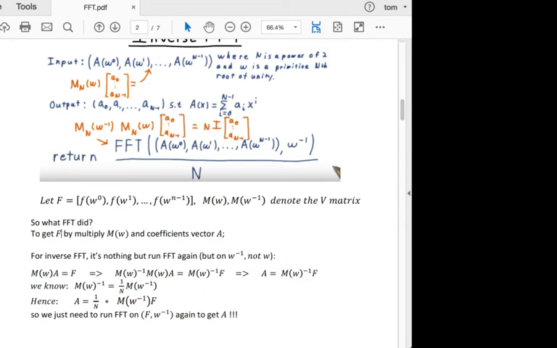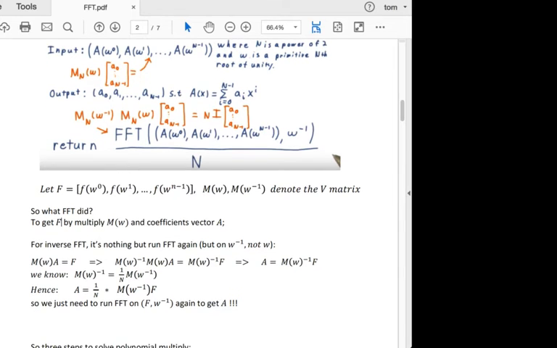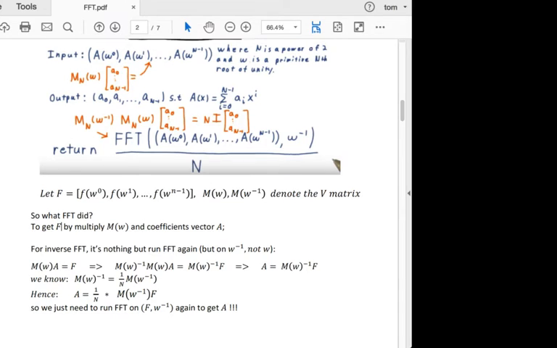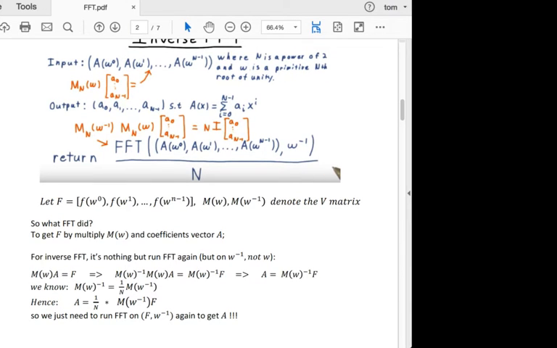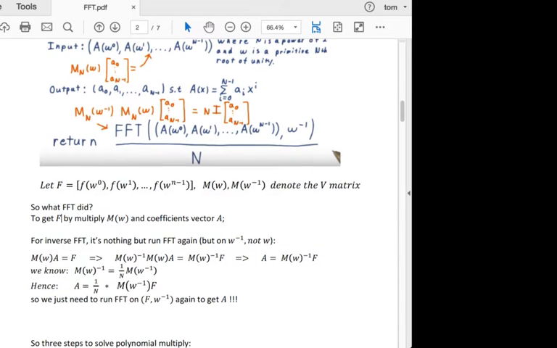So FFT is just given a vector of coefficients and a root of unity, it can return the value domain. It sounds like FFT is to multiply the matrix and the vector, but it can run in n log n complexity. It's much better than n squared. So for inverse FFT,